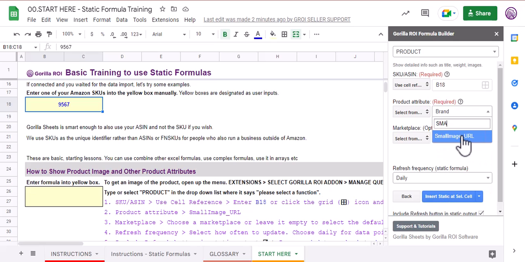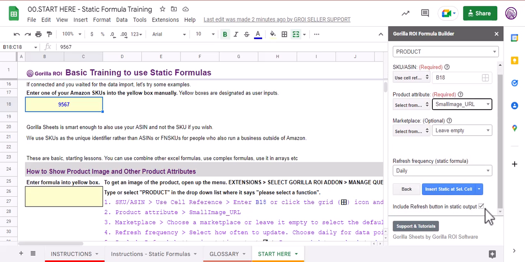I'm going to search for small image URL. I'm going to leave the marketplace empty and the refresh frequency set to daily. I'm going to uncheck this box as well since I don't want to include a refresh button at the top. Before inserting the static cell, just make sure the cell where you want the static function is selected. Hit this button